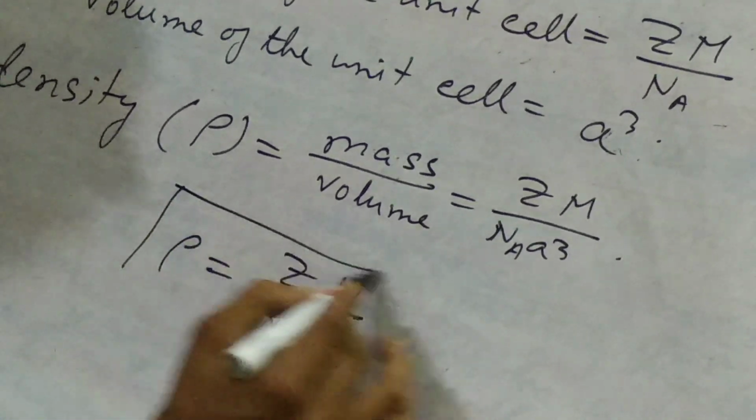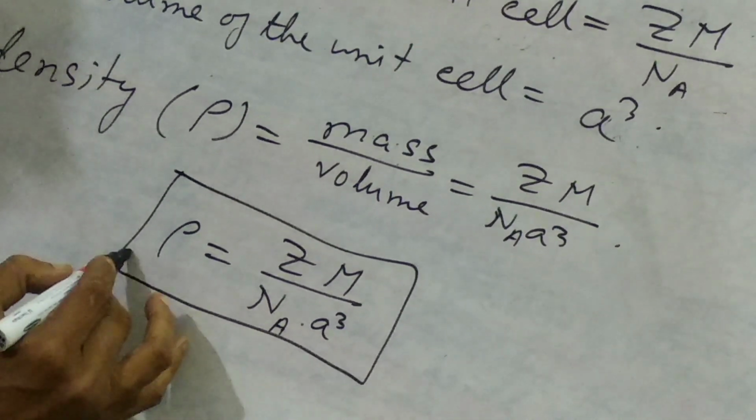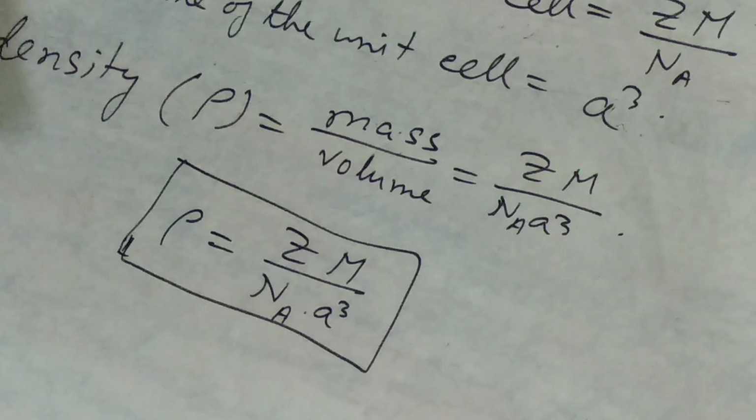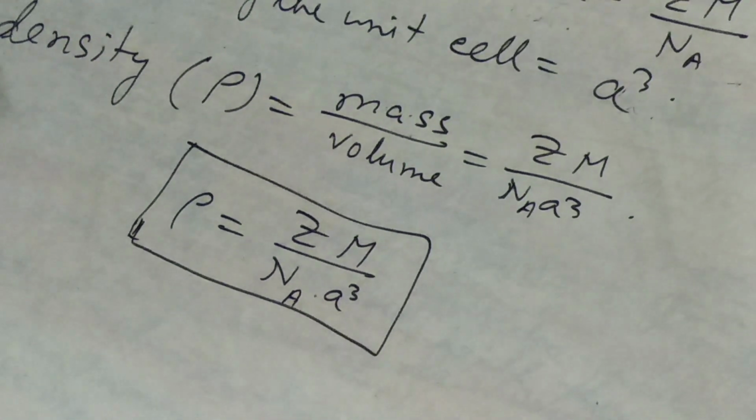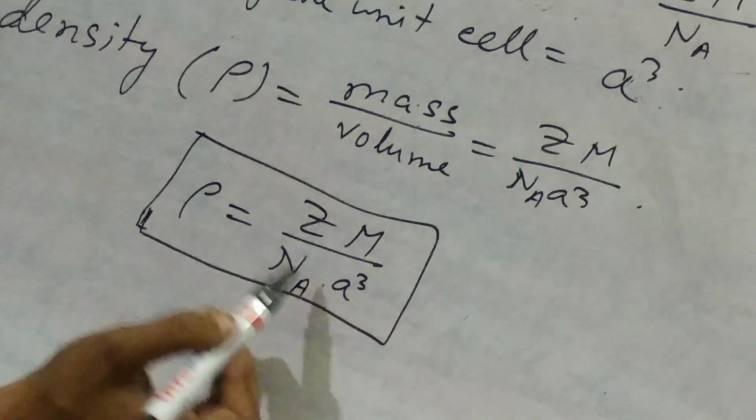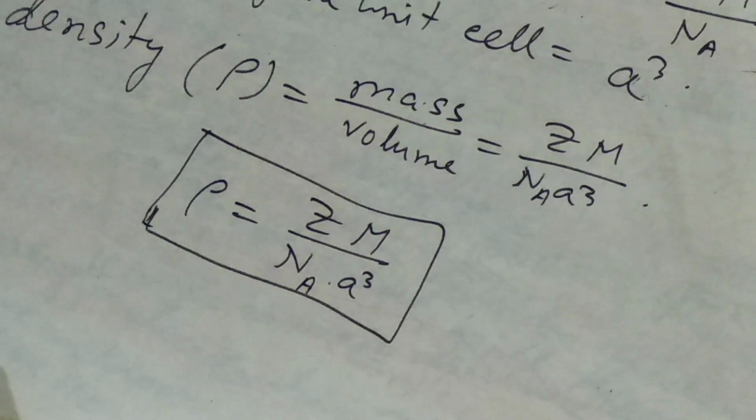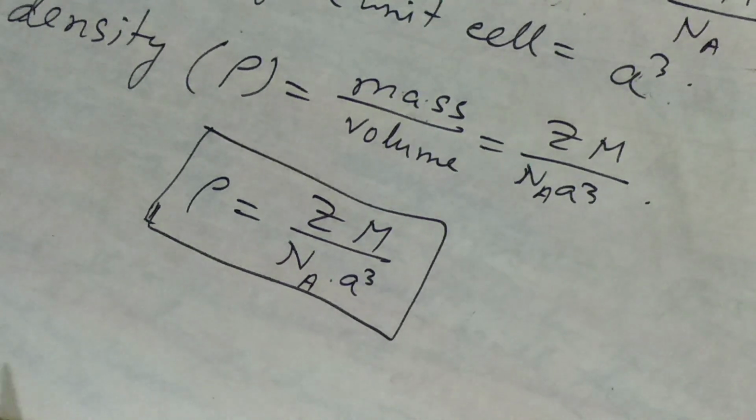This is the final relation between density of the unit crystal, molecular mass, Avogadro number, edge length, and effective number of particles. So today, guys, up to this, we'll come back in the next day with